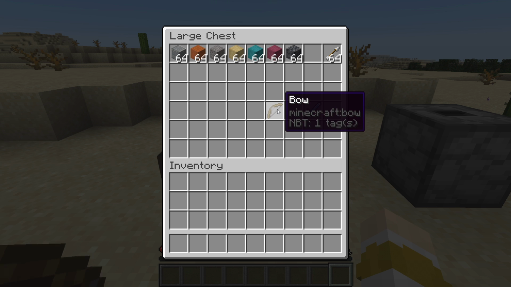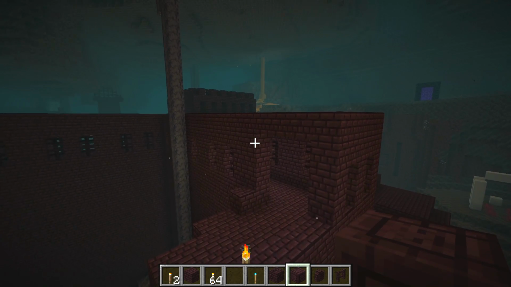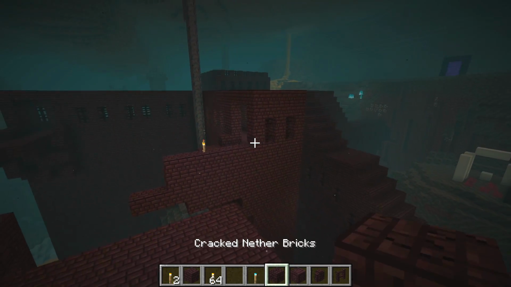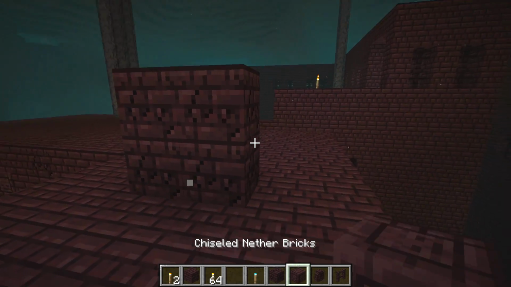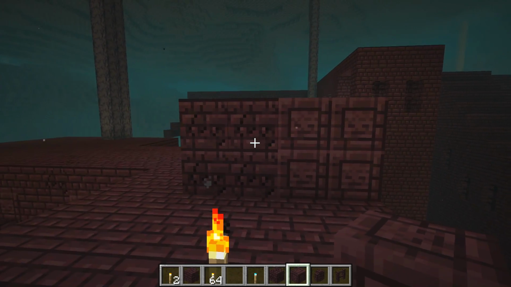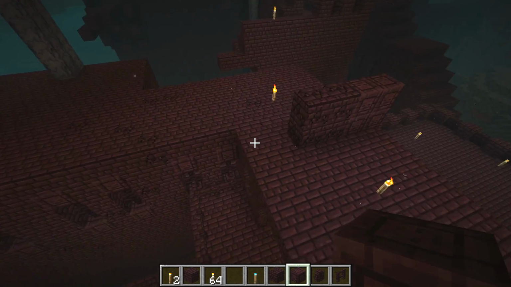How epic is that? The Nether Fortress. Unfortunately, one of the biggest disappointments in the Nether update. These Nether Fortresses were not updated for whatever reason in this update, despite the fact that we have new Nether bricks, namely cracked nether bricks, which you can make by placing regular nether bricks into a furnace and smelting them up. And we have chiseled nether bricks as well with this cool wither face. So, for some reason, we got new nether bricks, but they weren't added to the fortress, which is incredibly disappointing,